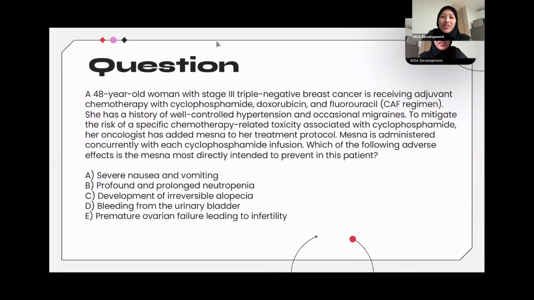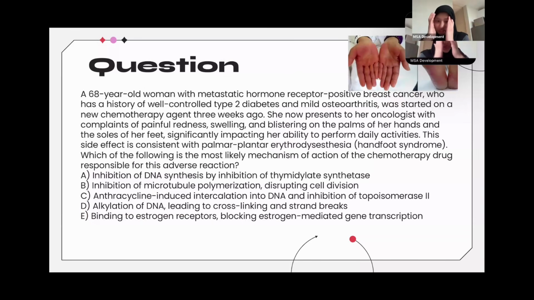Folinic acid. So someone came with stage 3 triple negative breast cancer, receiving this. She has hypertension, migraines. They added cyclophosphamide, and Mesna was given. Which of the following adverse effects is Mesna preventing? Hemorrhagic cystitis, bleeding from the bladder. Remember the bladder picture. You can read this, it's basically the same thing that I explained, but you see hand-foot syndrome, palmar plantar